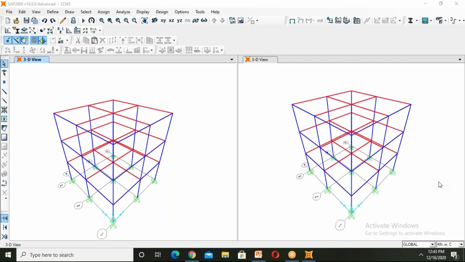And you can go with hanging columns and regular structures, not only a rectangular shape, but circular shape and oval shape. Not only regular buildings; compared to regular buildings, there will be irregular buildings also. In practice, there is a very small amount of regular buildings. Irregular buildings will be more, so their irregularity criteria will come. You can check the forces and stresses coming onto the columns in regular and irregular buildings.